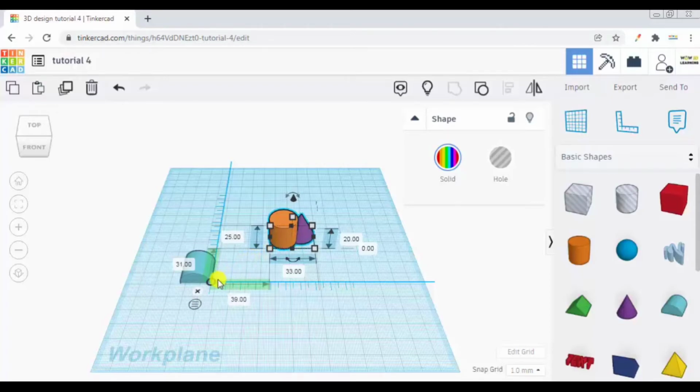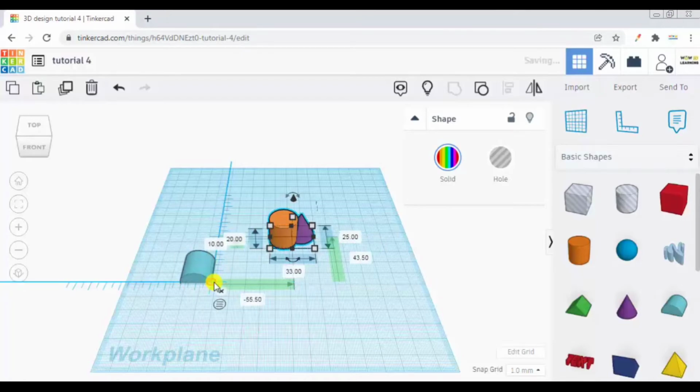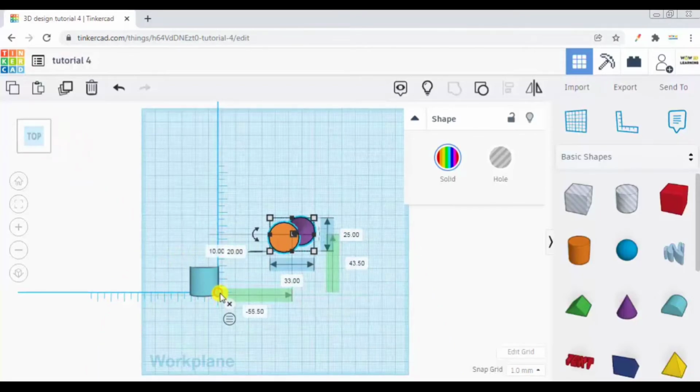Now if I want to measure distance from the selected point of roof to the midpoint of this object, what I have to do is, here you can see 3 dash lines. Now if I click this, use midpoint, you can see now it is measuring distance from midpoint. Now again if I click this, it will show midpoint distance from here to here. Let me go to top view. Can you see this? Distance from this edge of roof to the middle point of the grouped object. This is the y distance and this is the x distance from the middle.